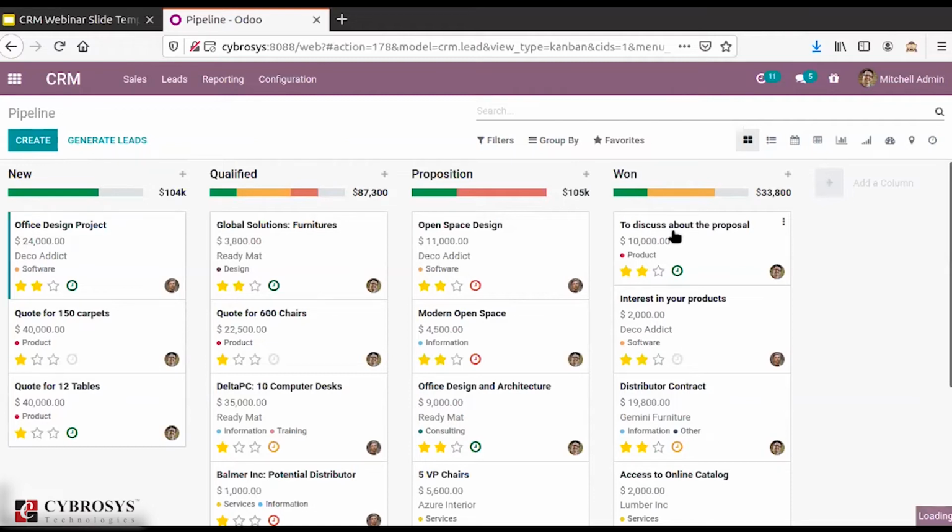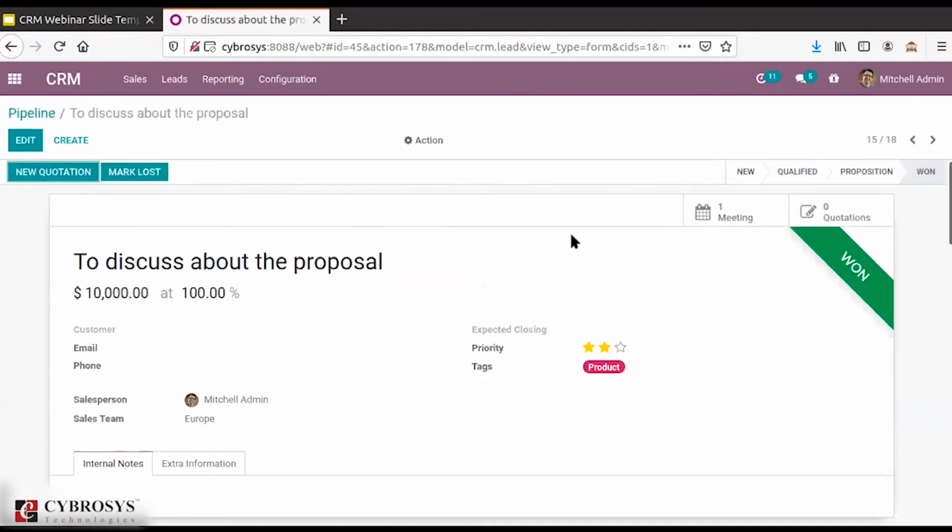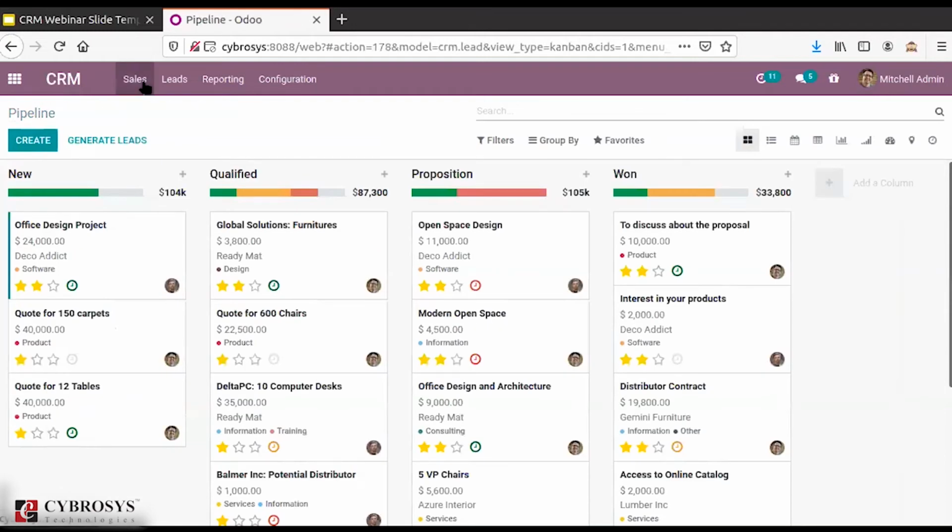Then we can see how we can send quotations for this particular opportunity. But before moving on to that, let's discuss some other related fields. Here we have the certain menu for sales. The first option is my pipeline.